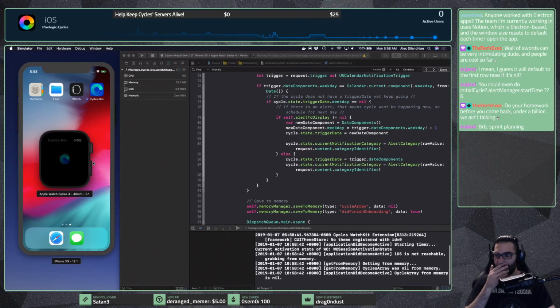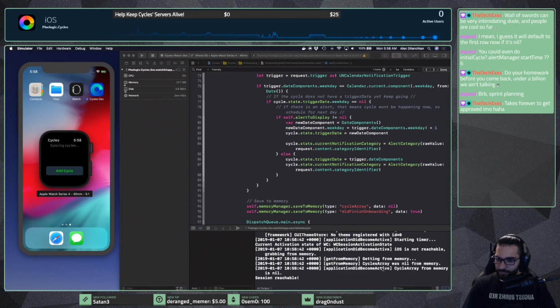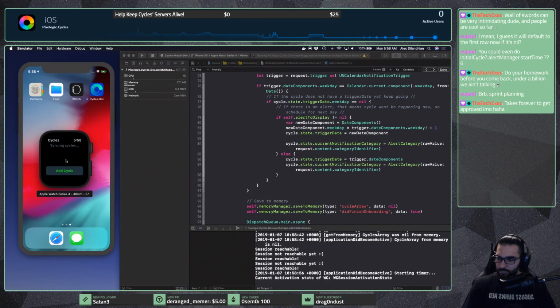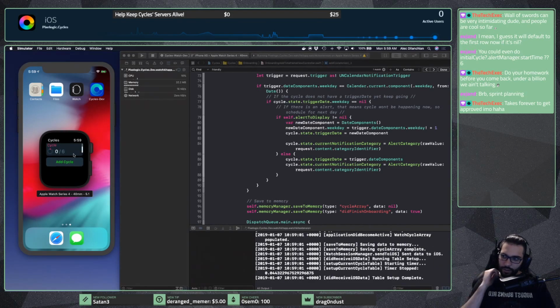All right, so we're testing out on the Apple Watch app now. Session reachable. Probably something we should check. Session reachable. There we go. Okay. So this should be 2 p.m. as we expect. And then this one should be 7 p.m. Awesome. So now if I add a new cycle here,